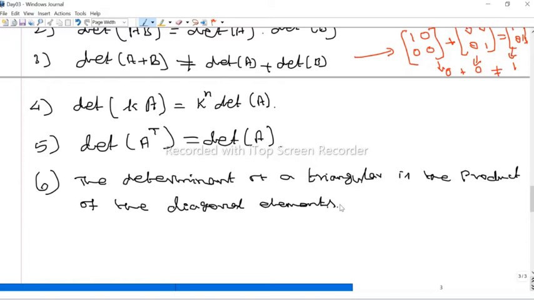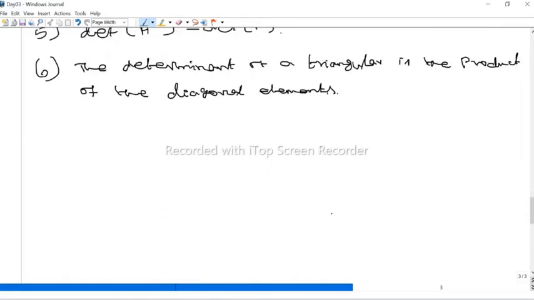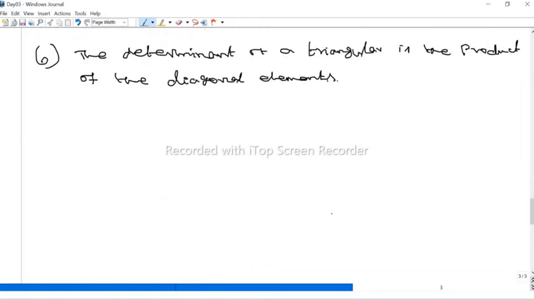Maybe one more method is there to find the determinant of a 3 by 3 matrix. You know very well that to determine the determinant of a matrix, you expand either row wise or column wise using cofactors. One more method, particularly for a 3 by 3 matrix, is called the Sarrus method. This method finds the determinant of a 3 by 3 matrix. So what does the method say?